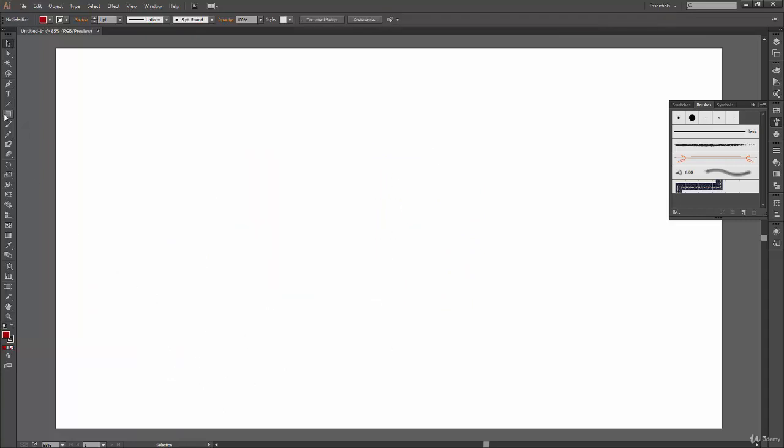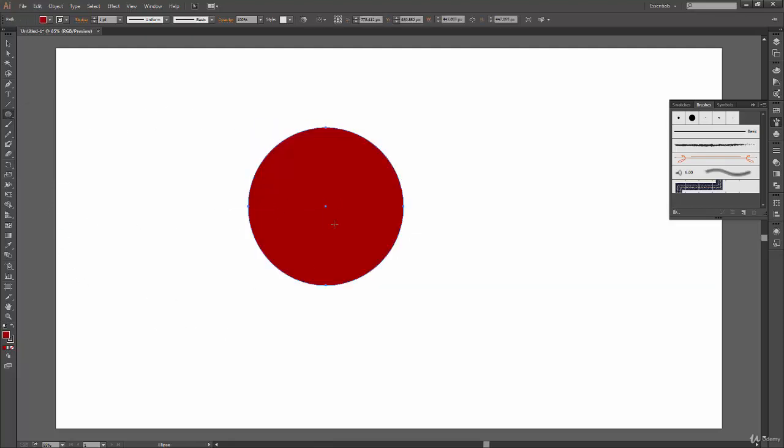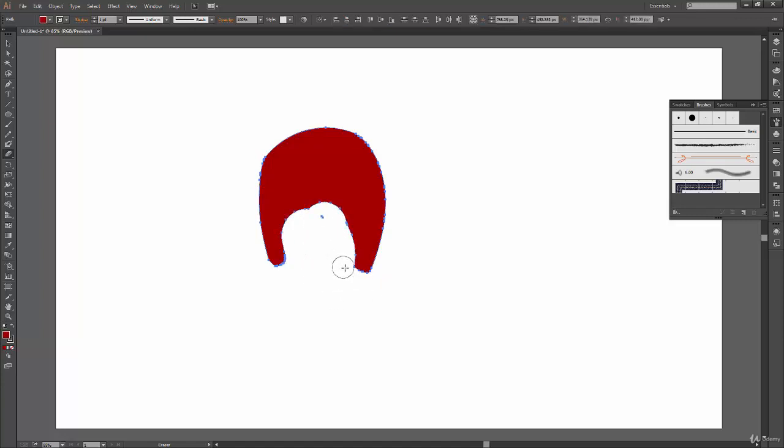Let's say if I have a rectangle or a rounded rectangle or anything, let's say ellipse, and I want to make something out of this shape, but I don't know what to make, or I have a rough idea in my head, but I'm not sure how it will work. So yeah, you can just go ahead and use eraser, and you can erase through this shape, and let's see what actually comes up.